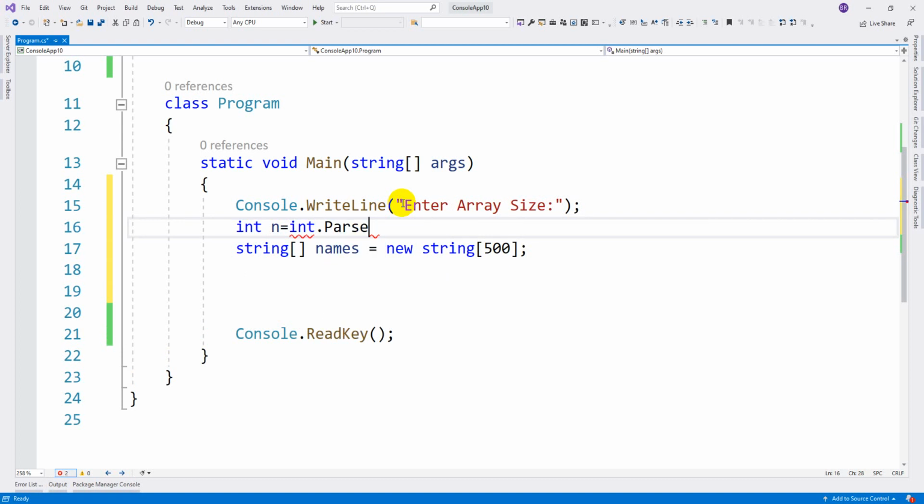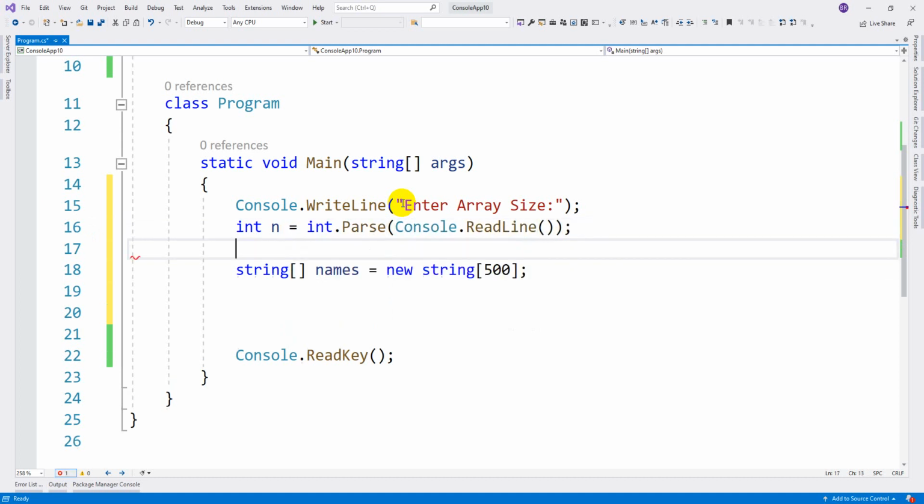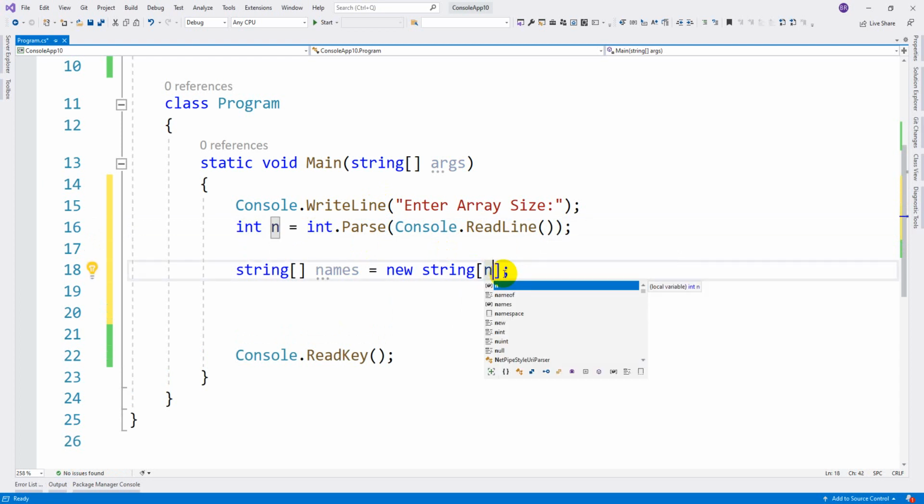Since an index is always a number, we convert it into integer format with Console.ReadLine. So instead of this fixed value, let us give the value which we read from the end user.